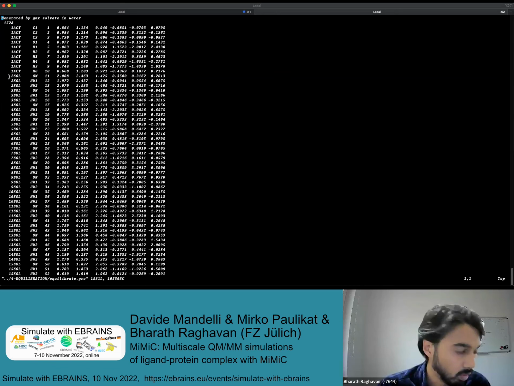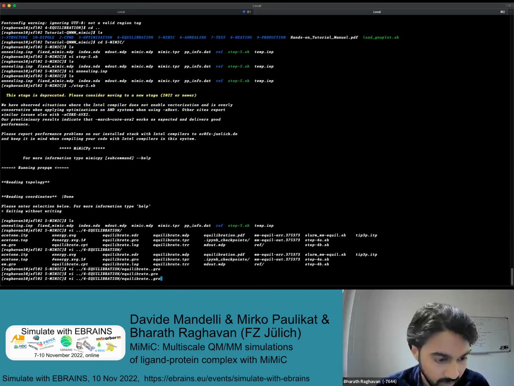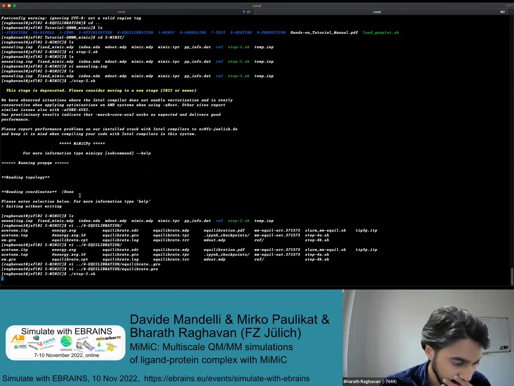MimicPy allows you to do that by selecting atoms in a similar way to how you would do it in visualization software like PyMOL or VMD or Chimera. We can just do this by noting that the acetone residue name is ACT, which we defined in our topology, and we can just tell MimicPy to select all the atoms with the residue name ACT. So if we go back and actually run step 5 to start up MimicPy,